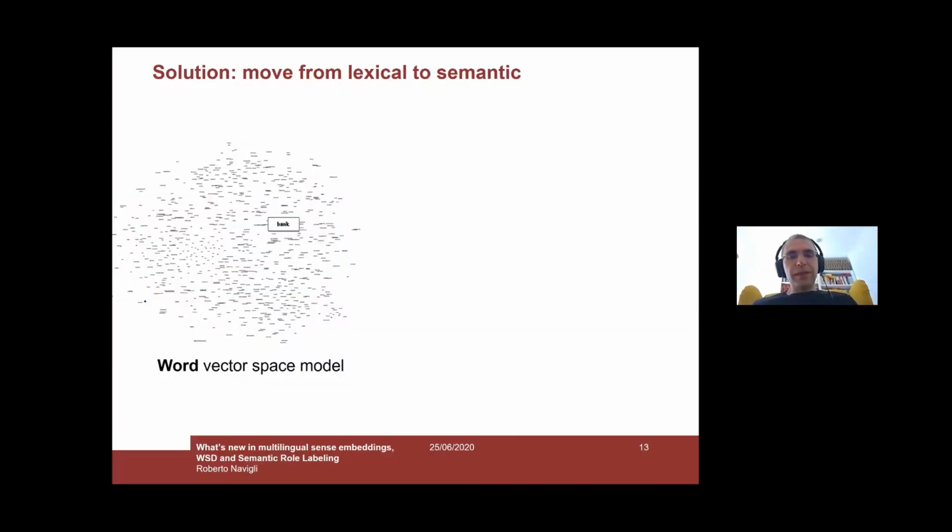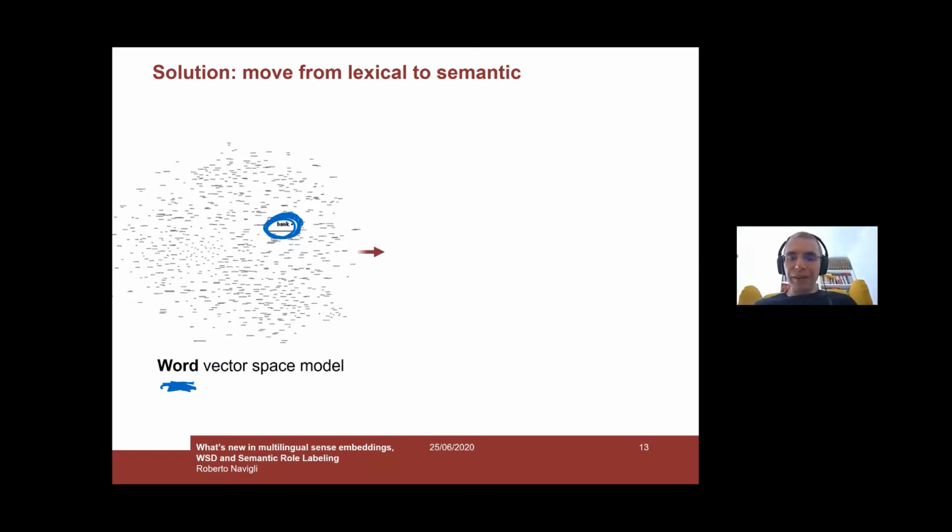And a solution that we put forward is to move from an approach in which you try to model words. And now this is a picture which might look old-fashioned today because we're all working with contextualized word embeddings. And so non-contextual word embeddings are now a bit out of fashion. But still, you will understand that having a representation for an individual word cannot be very helpful to scale across